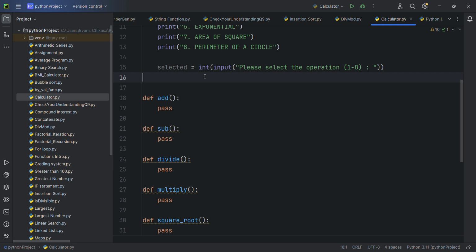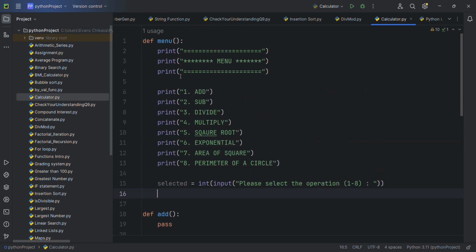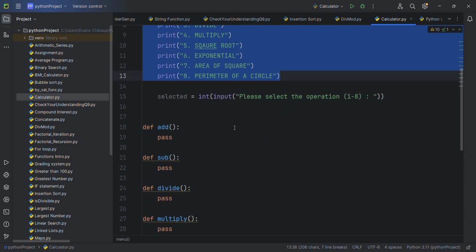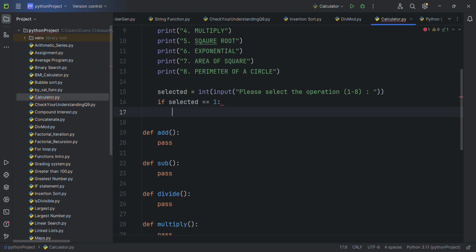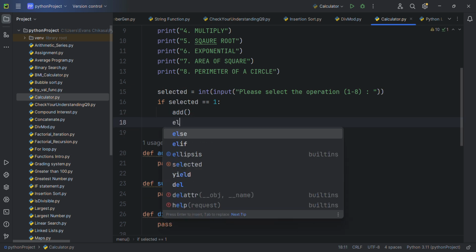Now the next thing that I want us to do is to decide, based on the menu choices that the user would select, which of these functions to call. So I'm going to test what is stored in selected. If selected is equal to 1, then I want to call the function to do with add. Otherwise, if